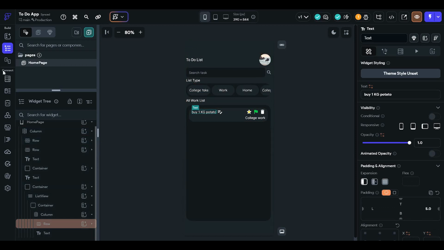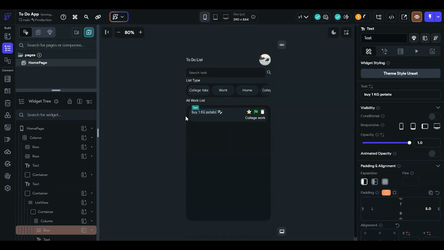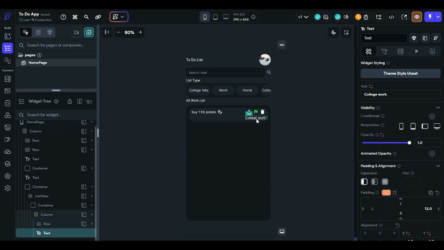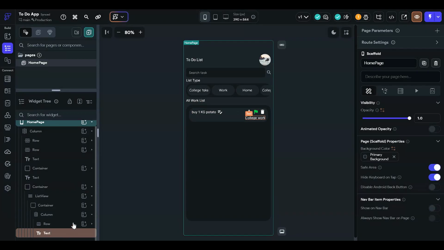Also, here this is the main title of the task. So go here and give a task title. This will be string. For now, wrap this text in a row.